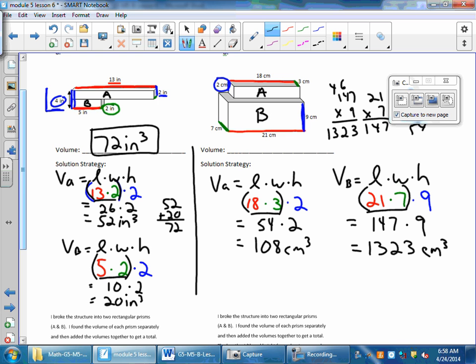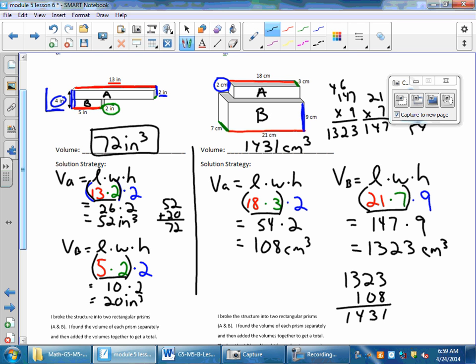Now I have to put the two together, 108 and 1,323, to get a total of 1,431 cubic